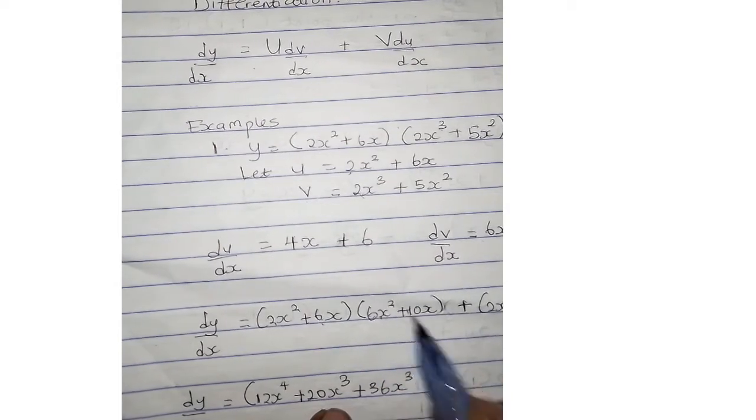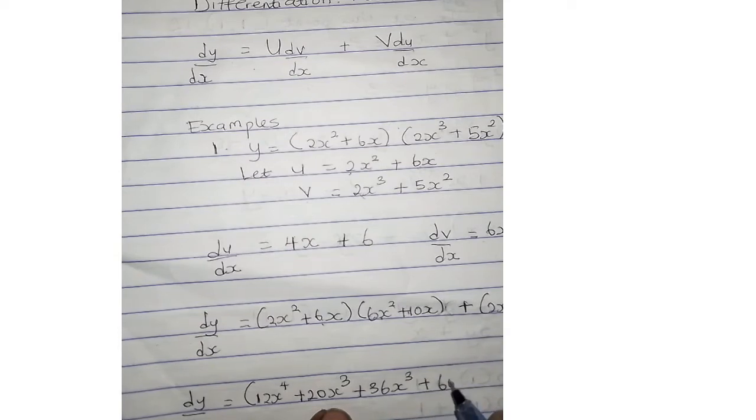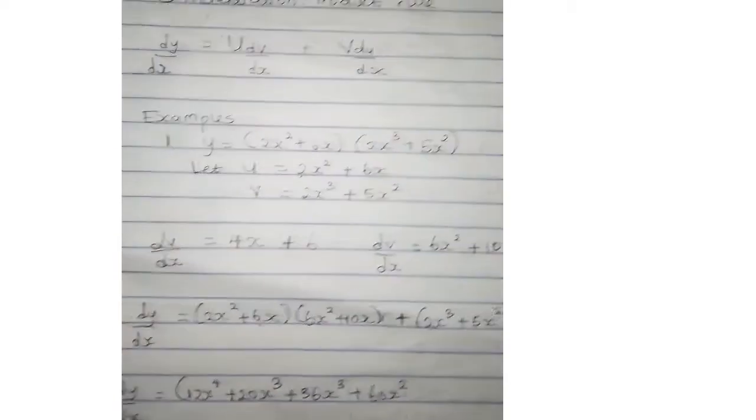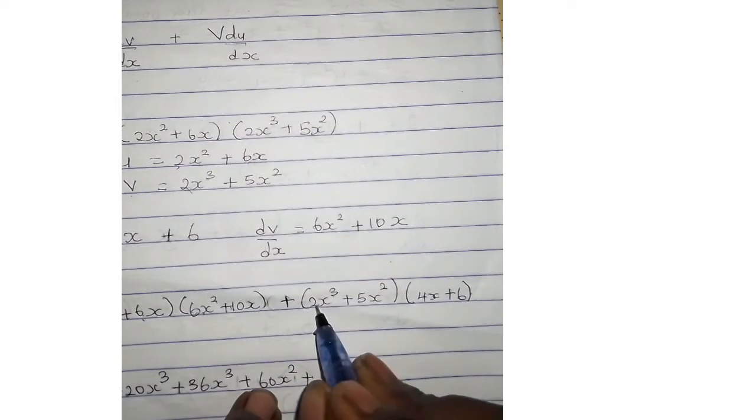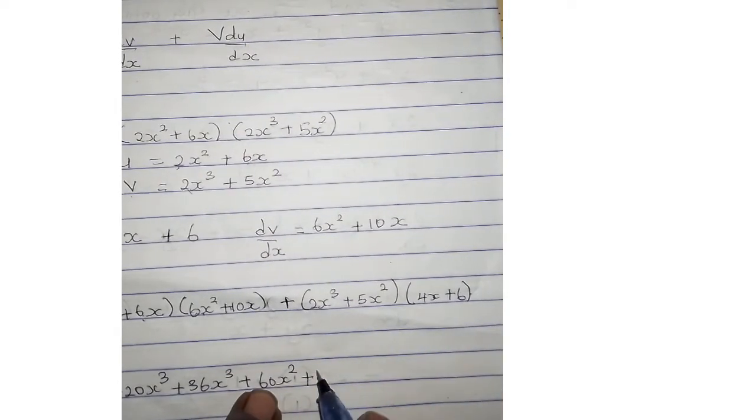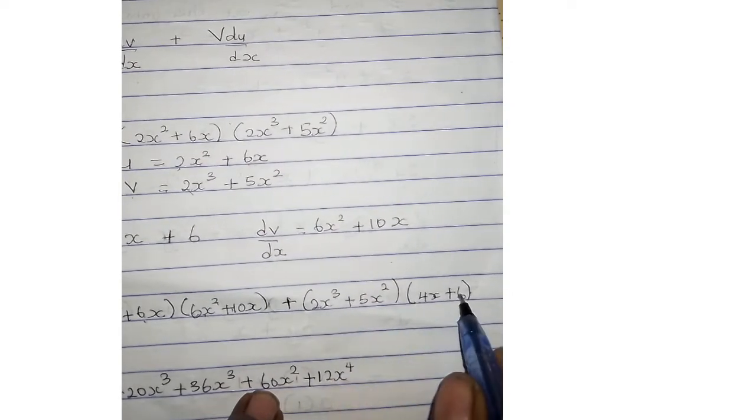This multiplying this, we're going to have 60x squared. Come this other way. Plus this multiplying this, we're going to have 12x to the power 4. This multiplying this, we're going to have